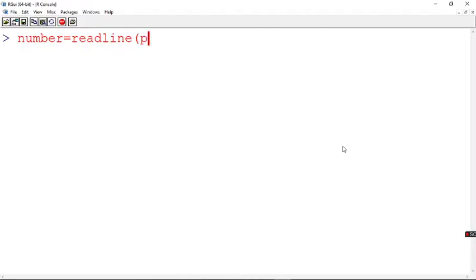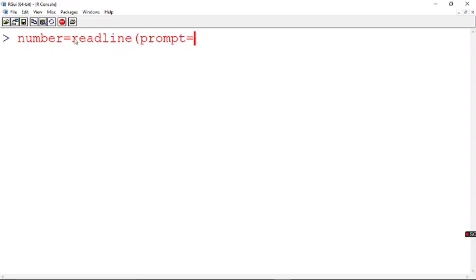So I say prompt. All these are keywords. Readline is a keyword, prompt is also a keyword. Number is a variable, and you can name it whatever you want. But readline and prompt are keywords, so this is a built-in function. Just note down all these. This session is only a guided practice session, but I have not discussed this function in any of the video lectures, so please note down the syntax of it. We will be using this in the forthcoming sessions as well.